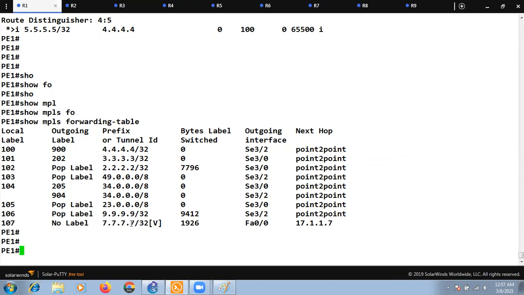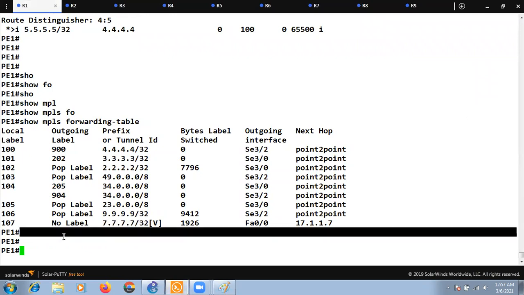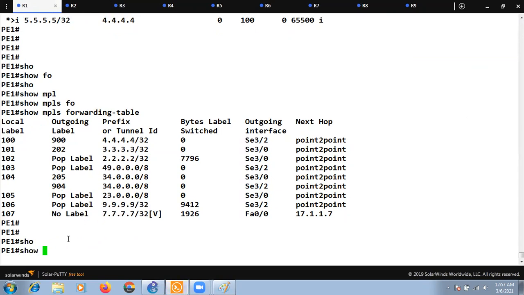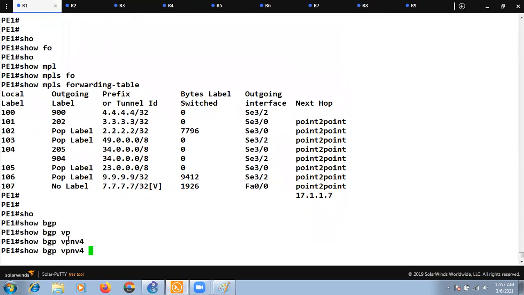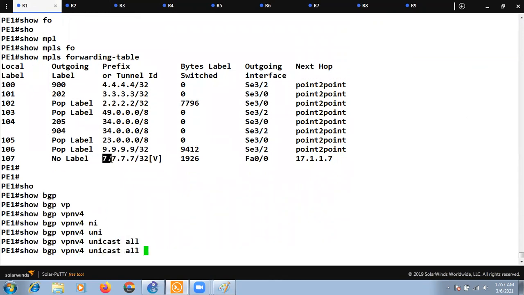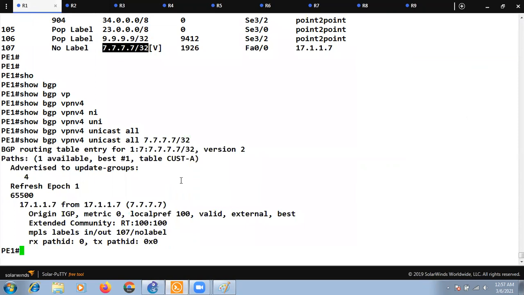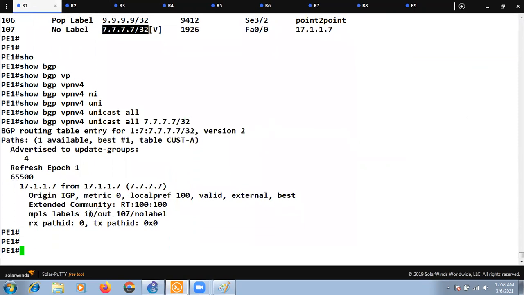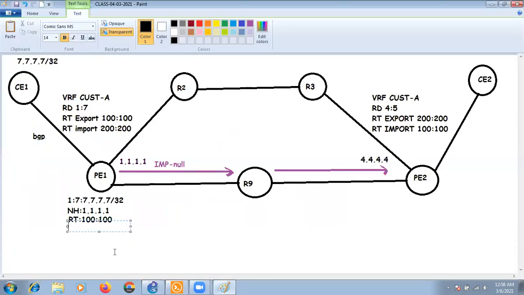So you can see for 7.7.7.7 the label generated by PE1 is 107. You can also open this information like this: show BGP VPNv4 unicast all and the prefix information. Now you can see once PE1 receives this information, it created one VPNv4 label for this, that is 107.